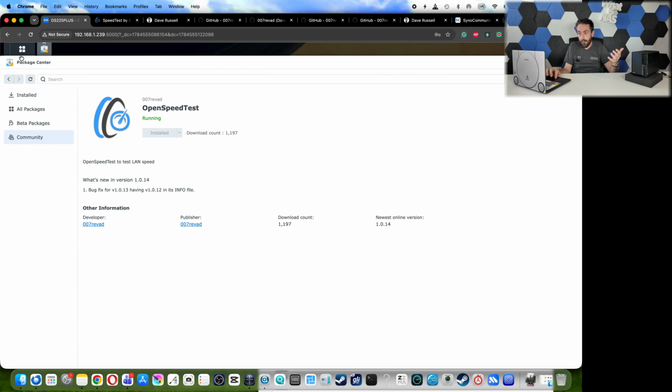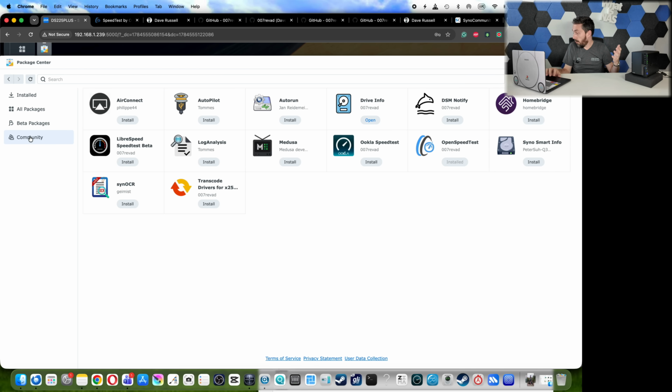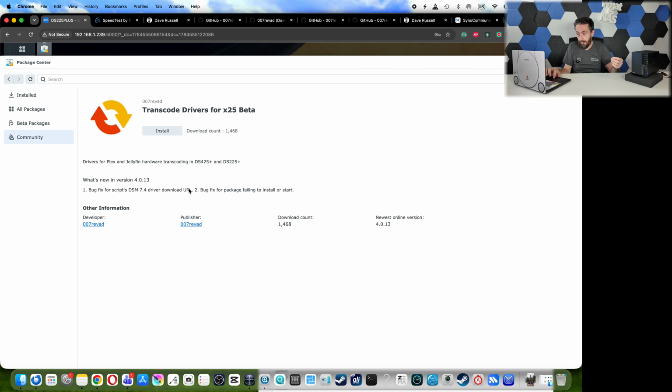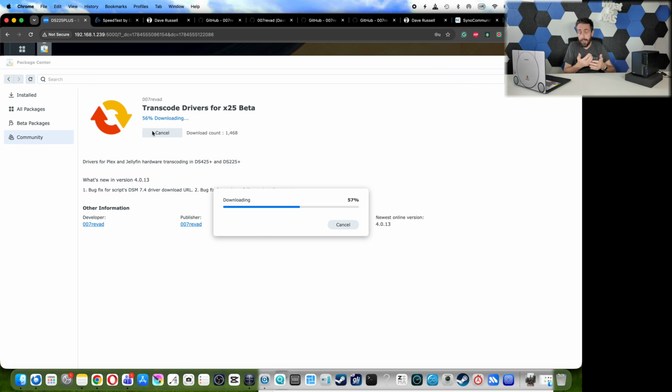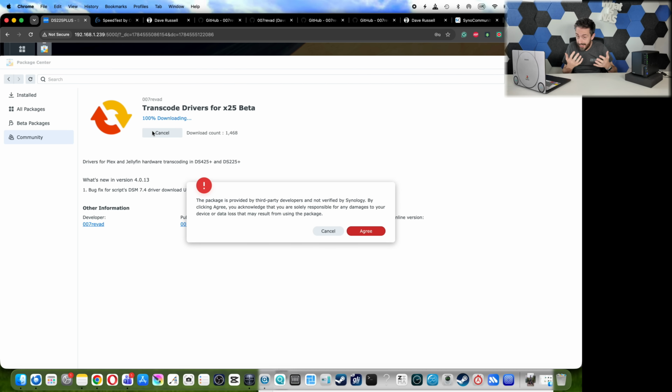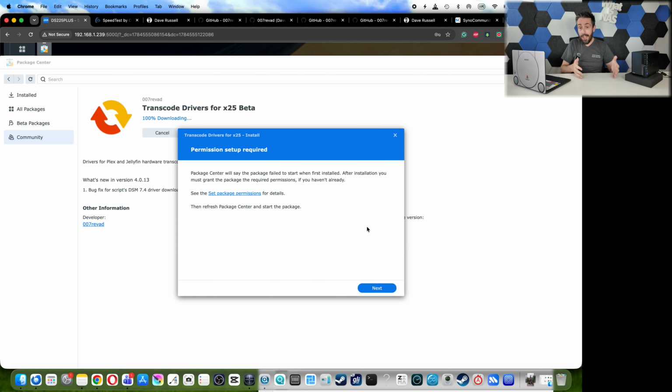But of course, there are others which I know a number of you are going to be far more keen on. So for example, in the application center, and again, this is an example of one that will require the extra layer of scripting there in the background, transcoding. So for example, the transcoding drivers that a number of the 2025 and 2026 series from Synology had those drivers removed, we went to the likes of Dave Russell and helped with some of the community around Black Void and of course Syno Forum. And as you can see, it requires that package permission,